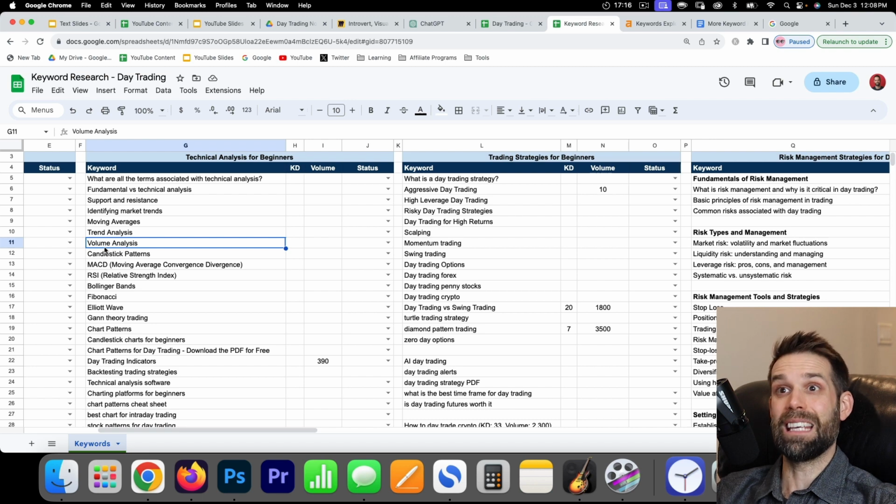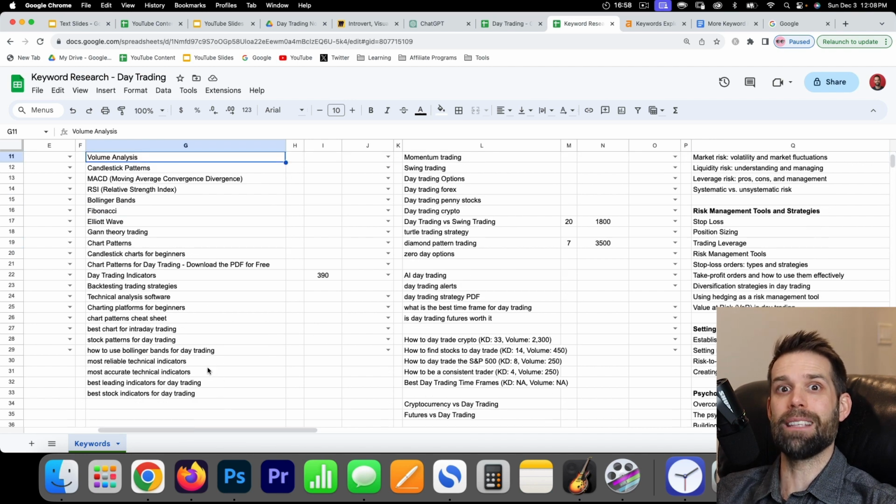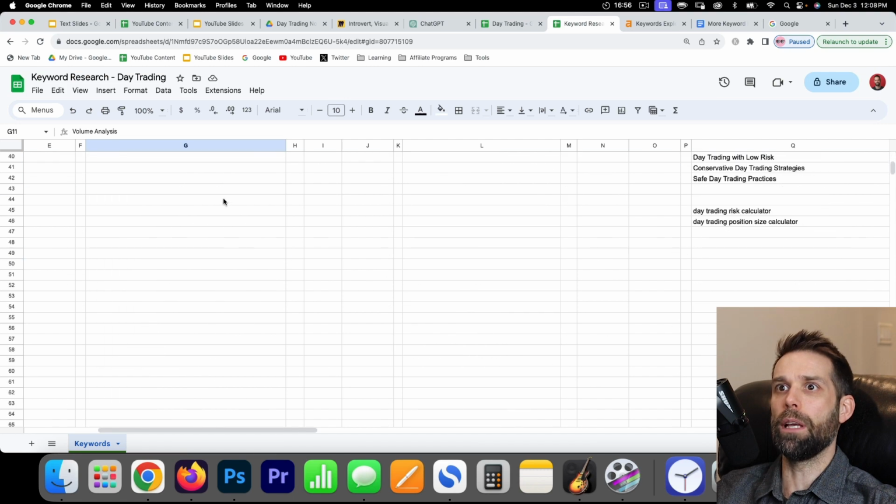There are going to be keywords associated with moving averages that I'll want to find and add to this list. And there are going to be keywords associated with trading indicators, which is a subtopic of technical analysis. So I'll want to find keywords associated with that, list them in my list, and then clean everything up. So why don't we grab